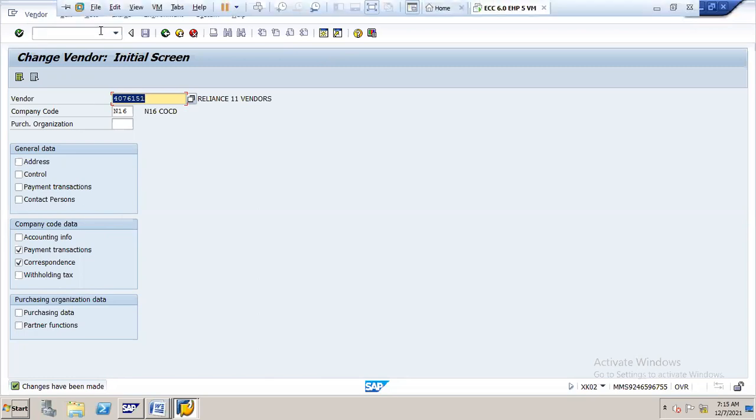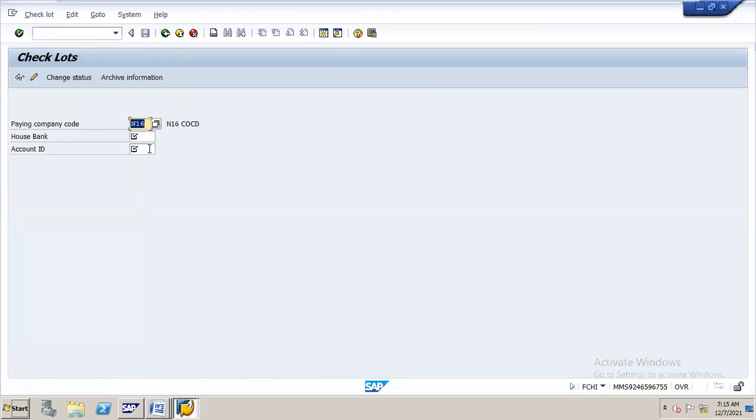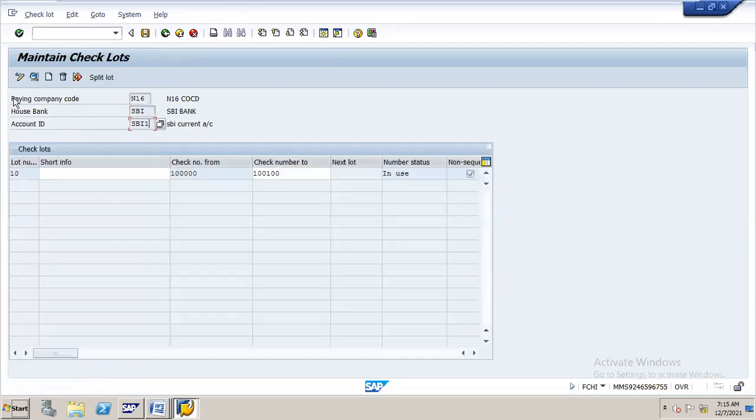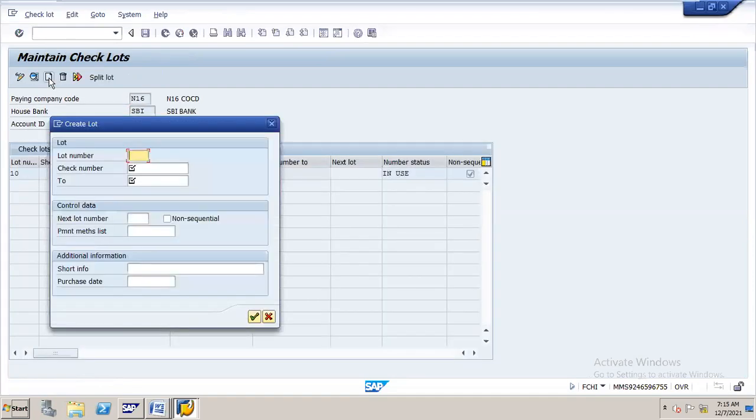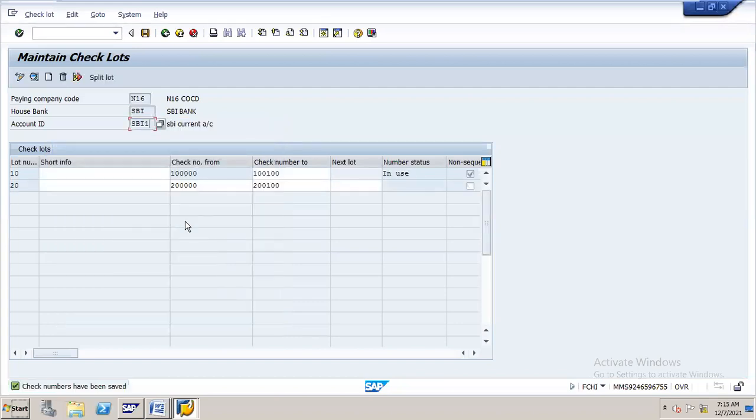So I'm going to create the sequential check lots with FCHI. Don't select this checkbox so that it becomes sequential. Set. With this, we did all the configuration. Next, we can run the APP program.